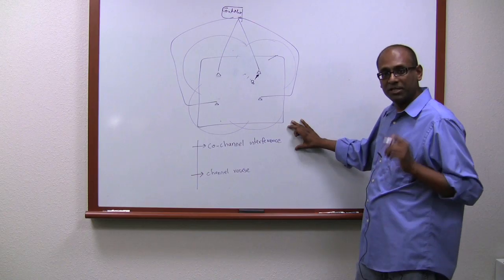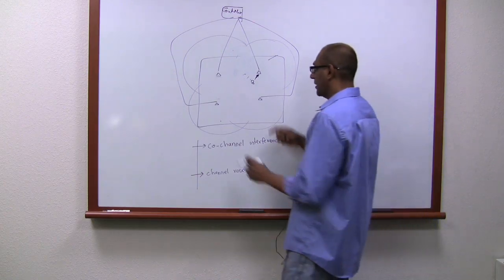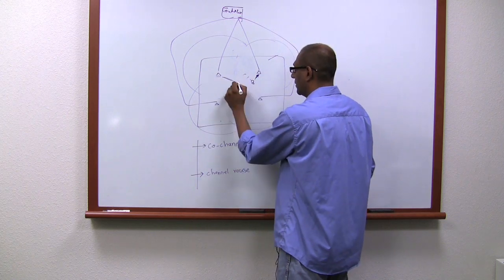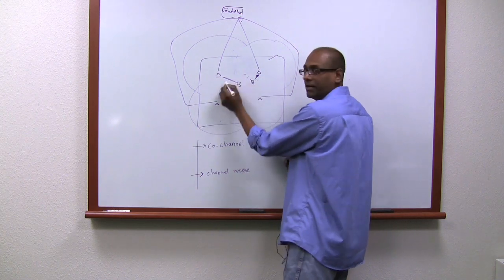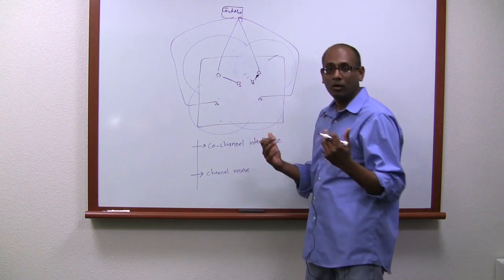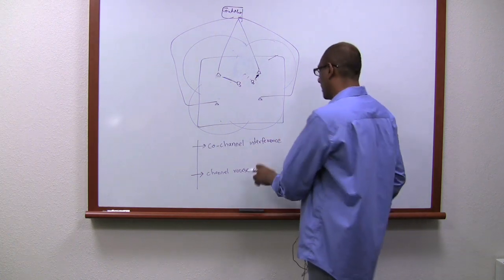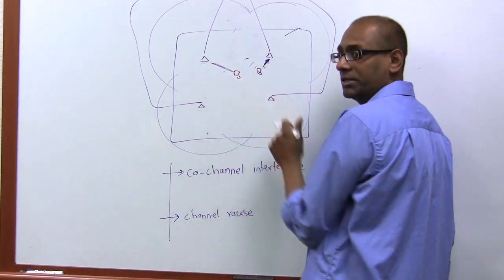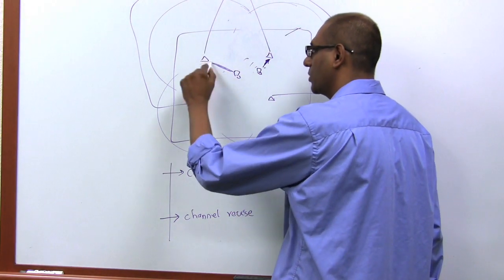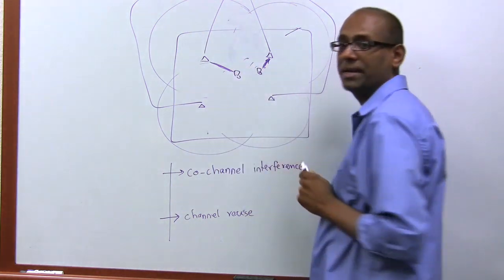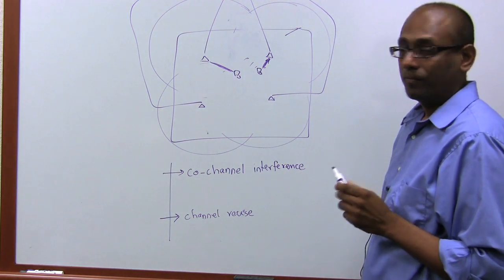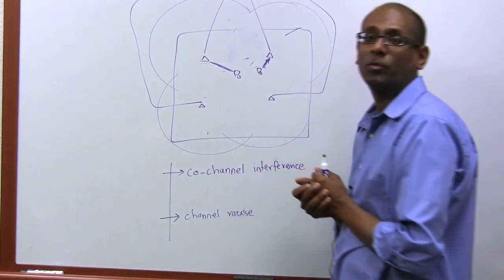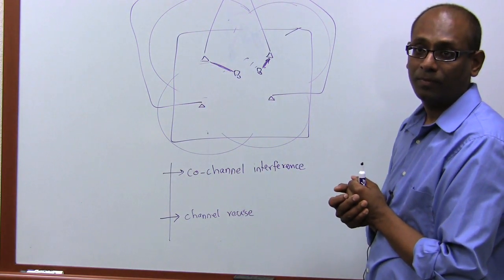With co-channel interference mitigation, the idea is that we don't want two simultaneous connections that might potentially interfere with each other from happening concurrently, right? For example, in this particular instance, let's assume there are two devices and two access points such that these two communications cannot happen at the same time. The goal is to figure out a way to actually preclude these transmissions from going on simultaneously.